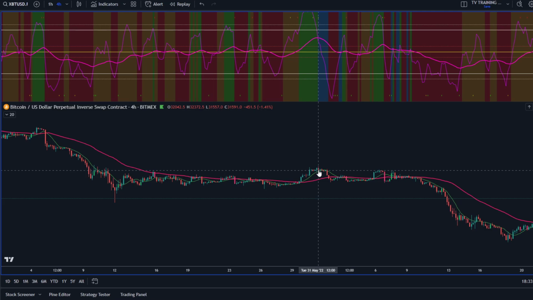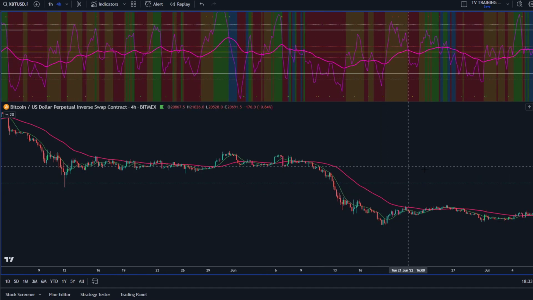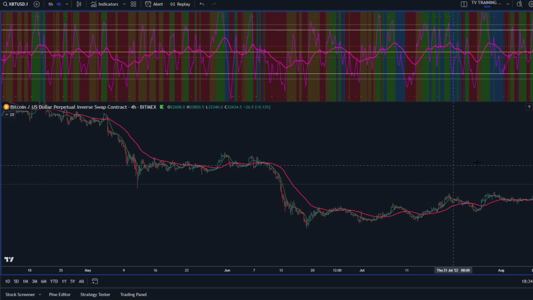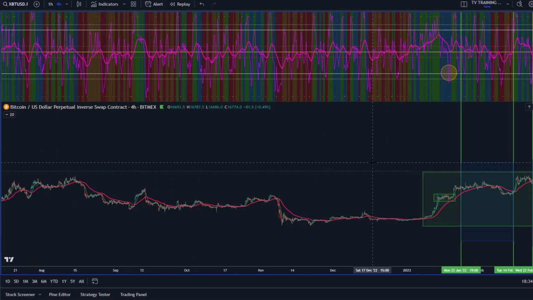Which is why I try to teach people to utilize this type of system. And then again, and then again. And then that leads you into this one, which is the mega drop again, right? So we're literally able to short the vast majority of this move down to 19,000 before it chopped up forever, etc. You get the point, right?